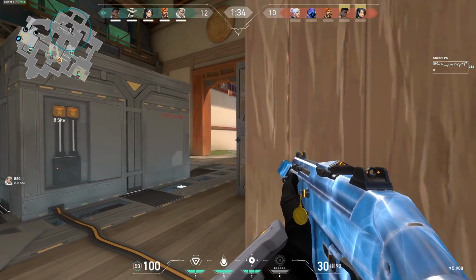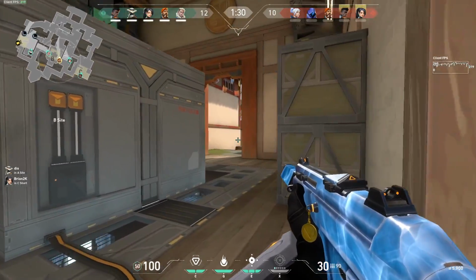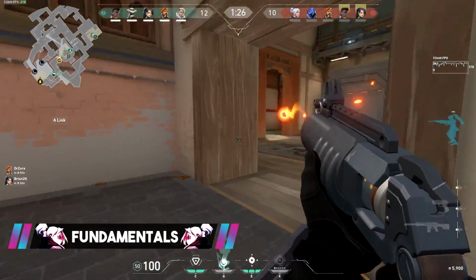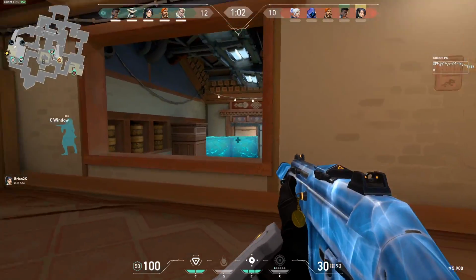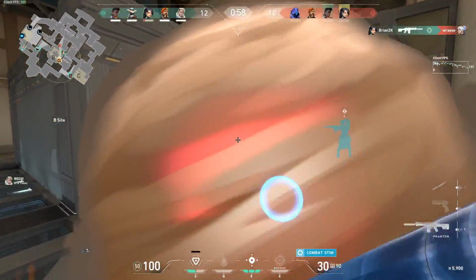Alright, so those are the big tips that we used to win this game, but we are going to go into the last round as it really plays into using the fundamentals. We actually have a pretty standard setup: 2 players A, 1 player B, 1 garage, and 1 C. The enemy team decides to do a hard B take. Garage is walled off, so I can quickly go into B to assist